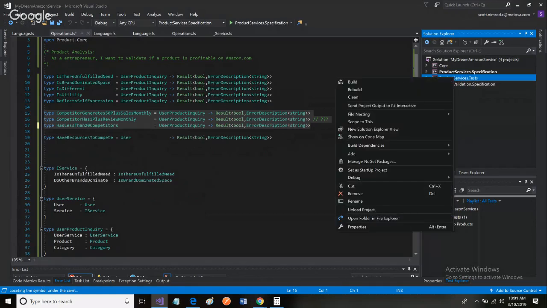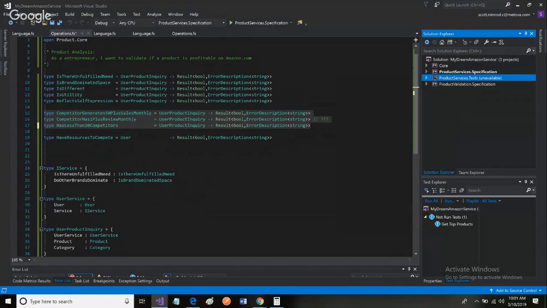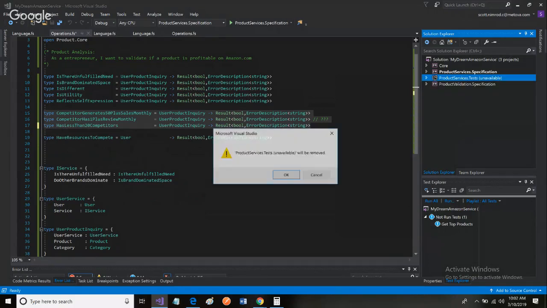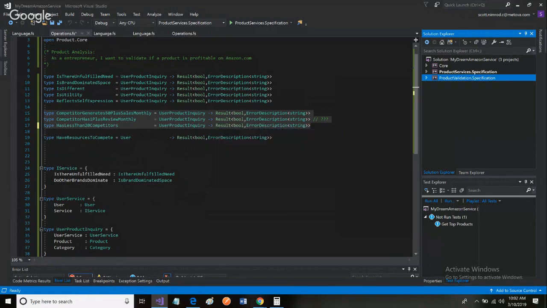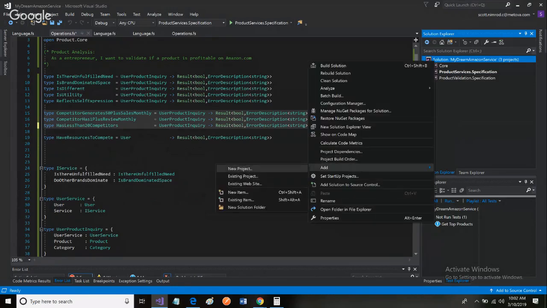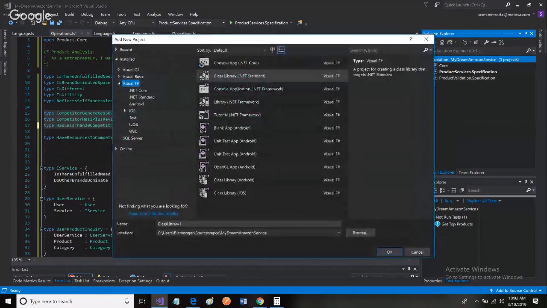So I'm going to unload it, and I think I'm just going to remove it from the solution right now. Not delete it, but just remove it. And I'm going to add a new project, and I'm going to call this, I can't spell competitor, analysis dot specification. Okay,